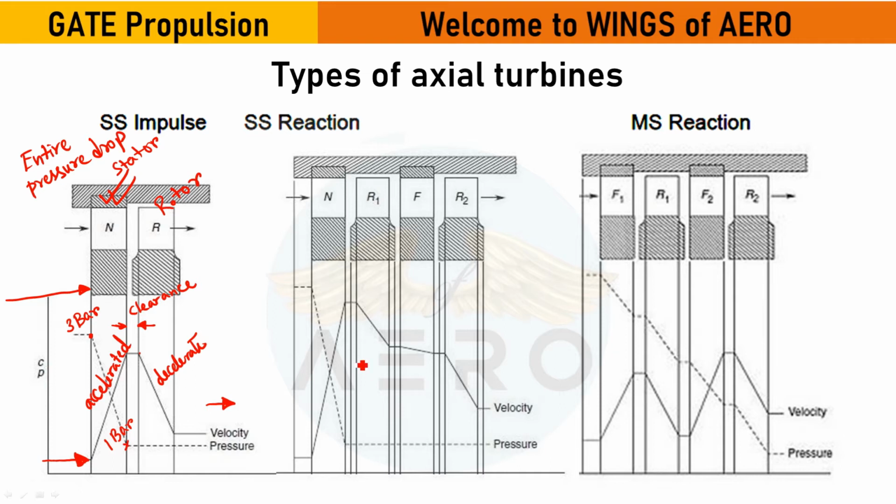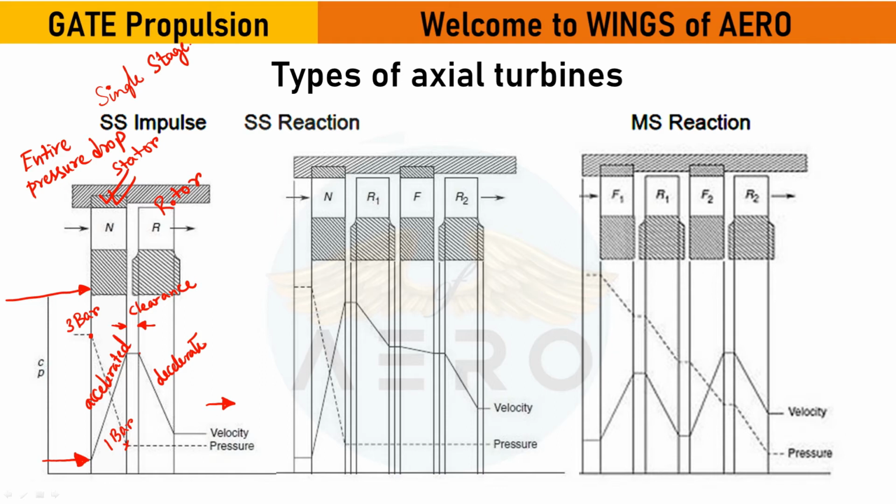So this is for the impulse. Now looking for the reaction, and yes, this SS means the single stage. Okay, SS means it's a single stage. Now let's look at the single stage reaction turbine. Okay, single stage reaction turbine, it shows that the entire